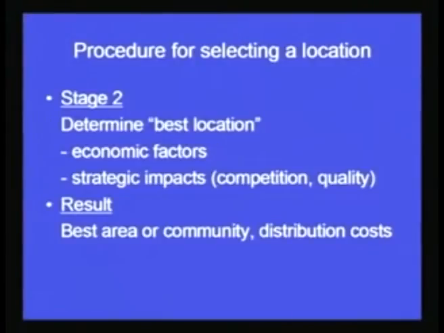Also we have fixed that this is going to be the raw material or the input cost. Now the last type of cost that is left to be determined is the distribution cost. Already we have taken a decision regarding a plant facility. We know that this is going to be the input cost, this is going to be the production cost or the processing cost. Now we have to optimize in stage 2 the distribution cost. We have to see where we have to locate the facility so that the distribution cost is also minimized.